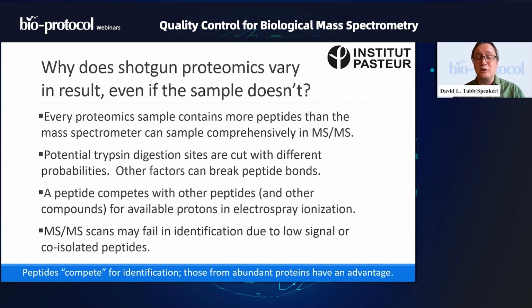Certainly other compounds may also produce ions even though they are not peptides. They can create a lot of problems, especially for people working with quadrupole style instruments. And a given MS scan may represent a peptide and yet not be identified if it has too low a signal, or it is co-isolated with another peptide that appears at the same retention time and at a similar mass to charge value. So all of these things add to this very complex result that we call a shotgun proteome inventory.